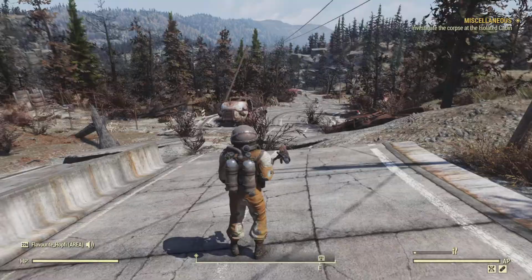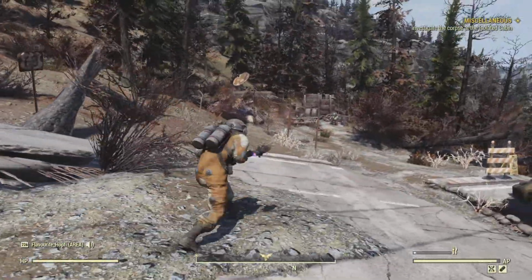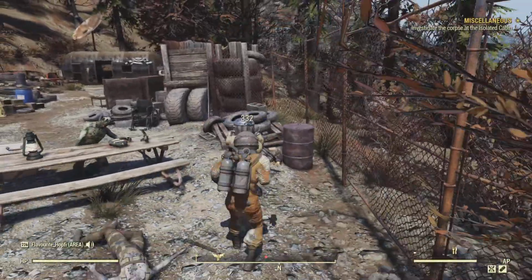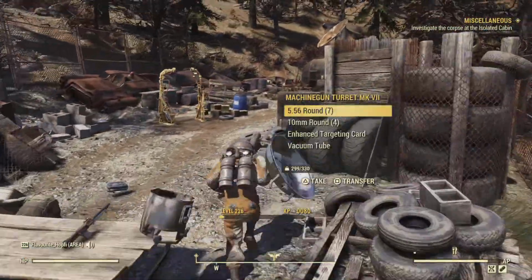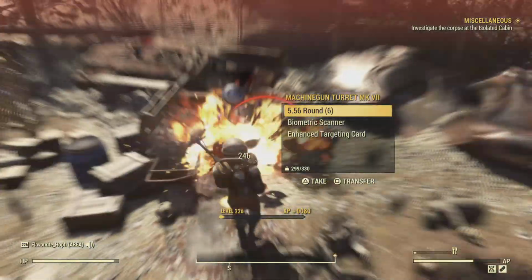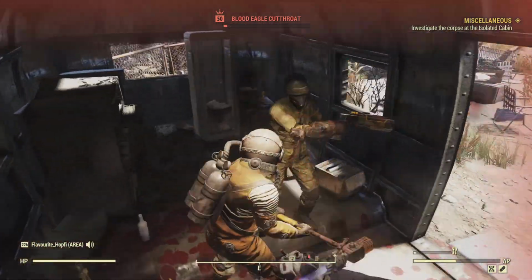What this character is going to be is a melee character, a slugger to be more precise. And the interesting thing I went for here was that we're not wearing any armor. As you can see already, we are wearing a hazmat suit, which protects us extremely well from radiation, but doesn't offer any kind of